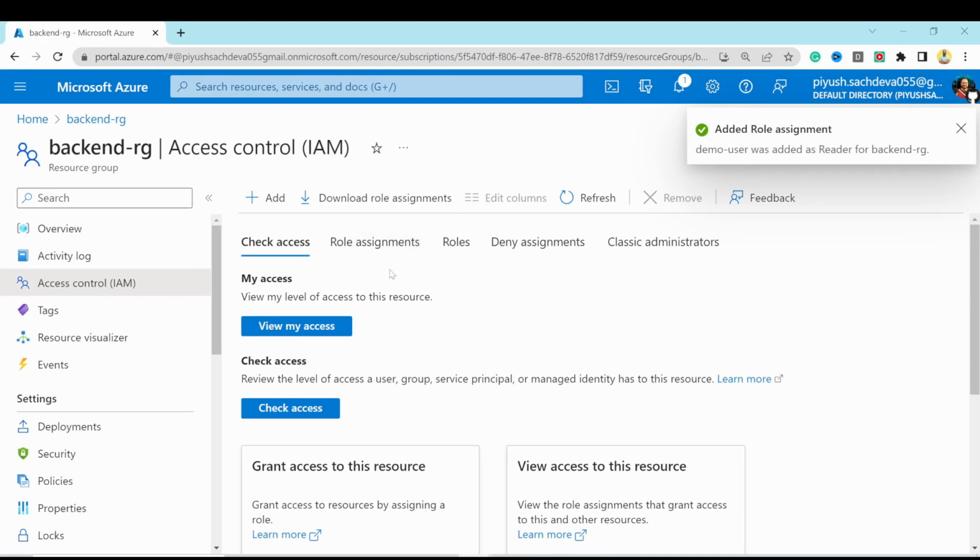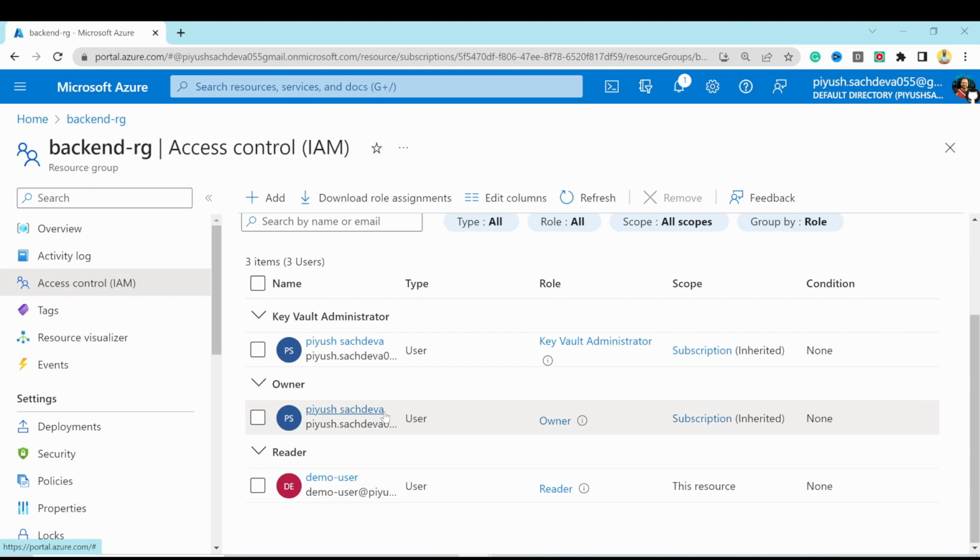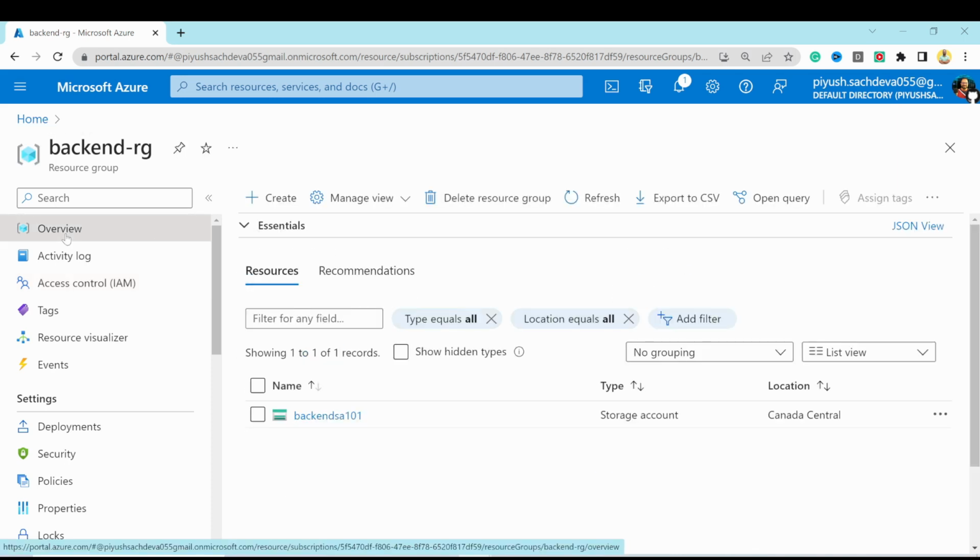Now you can view the existing role assignment from here, which says role assignments. And if I scroll down to the demo user, it says it has the reader role. Now, this is the scope. Over here is this resource, which is a resource group. So if I go to overview section of this resource group and go to a resource inside that resource group, which is this storage account,